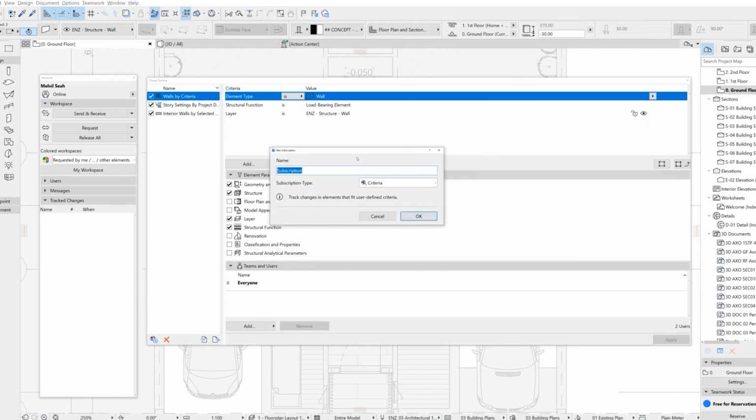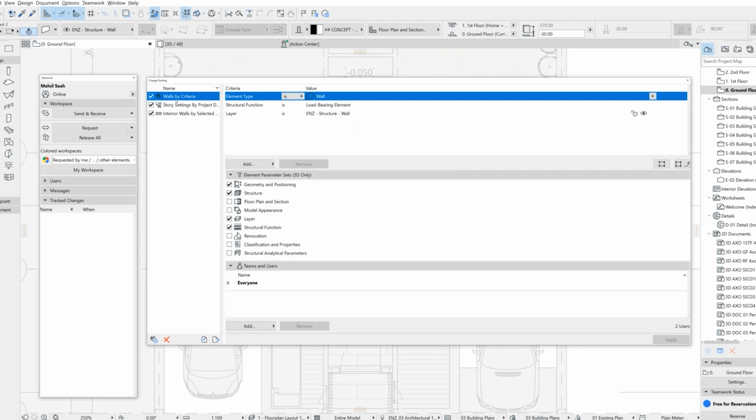you will see this new subscription table pop up, and you can subscribe to 3 different types of subscription: criteria, selected elements, and project data. I already created the 3 different types of subscription. If you create the first subscription by criteria, you can set it over here. Let's say I would like to monitor the load bearing walls.